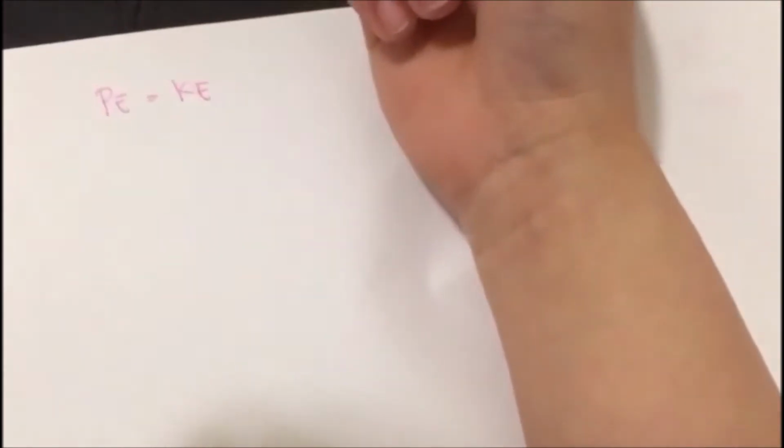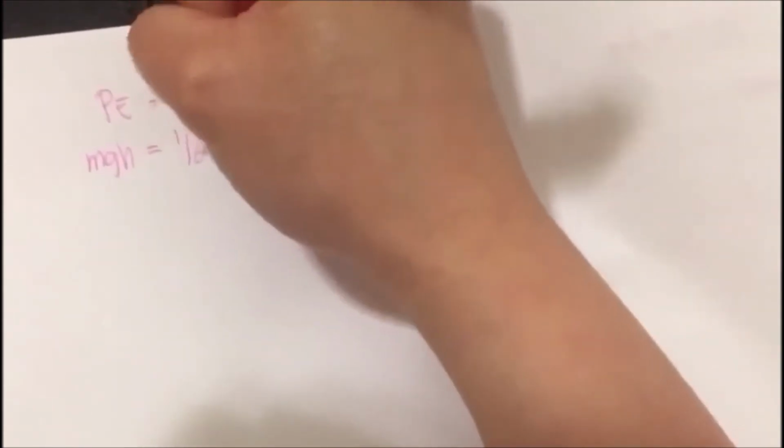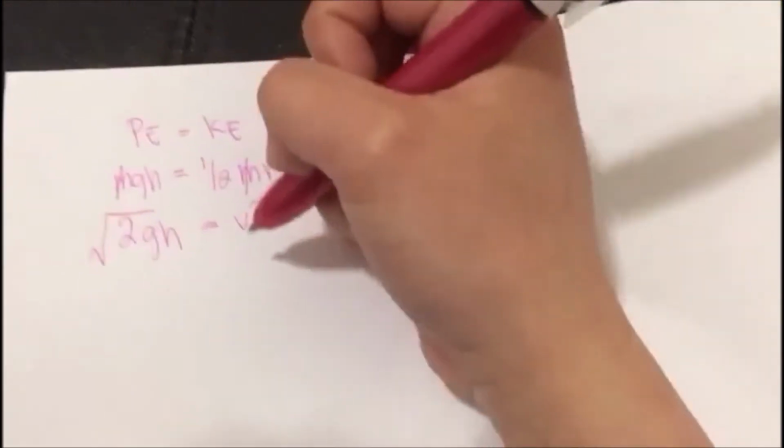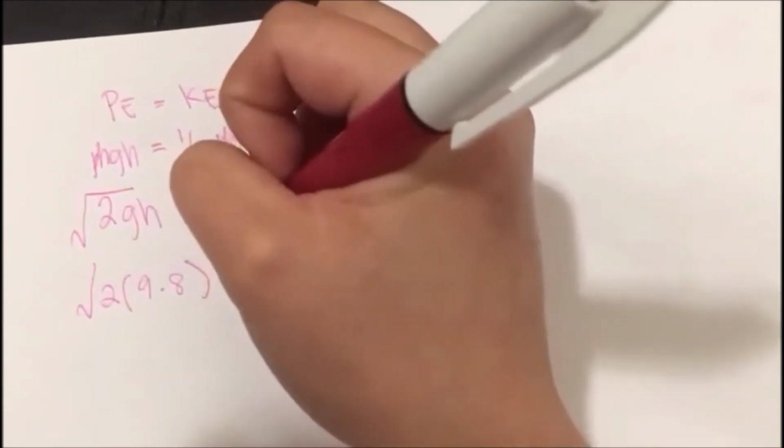So let's set the potential energy at point A equal to the kinetic energy of the roller coaster at point B. So we have mgh is equal to 1/2 mv squared. We can divide both sides by m, and then multiply both sides by 2. We're going to have 2gh is equal to v squared, since 1/2 times 2 is 1. So the velocity is going to be the square root of 2gh. So it's going to be the square root of 2 times 9.8 multiplied by the height, which is